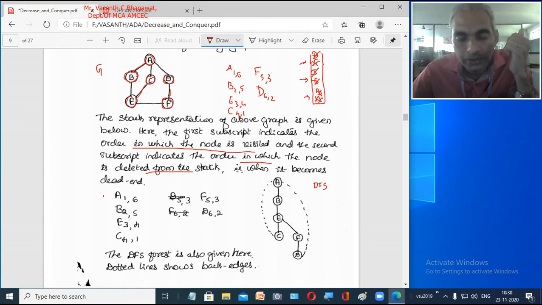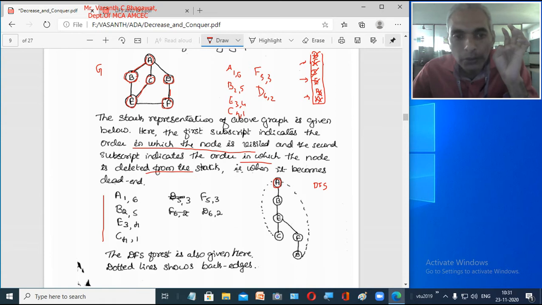So we are visiting. Now you are supposed to construct a DFS forest. You have to draw this forest now. Now how we are going to draw this forest, we'll see it. When you are doing this DFS algorithm, the first node which you have visited is A. So we start from a root node A. So draw the A, right?